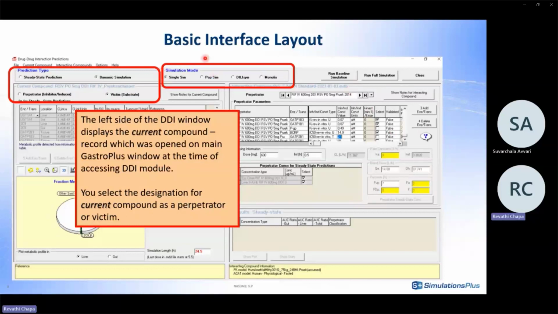So again, if you look at the simulation mode, we do offer quite a range of simulation modes. For example, single simulation, which could be representative of a mean simulation of the population, and then PopSim, where there is some variability because of polymorphisms in enzymes or transporters, or because of any other dissolution-related variability. These are the two types of mode that would be of interest, especially with respect to DDIs.